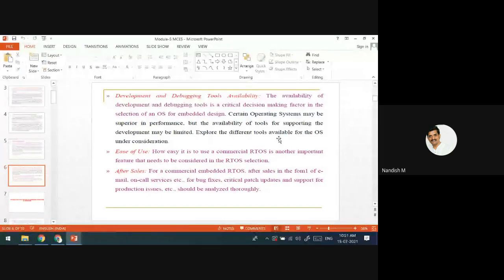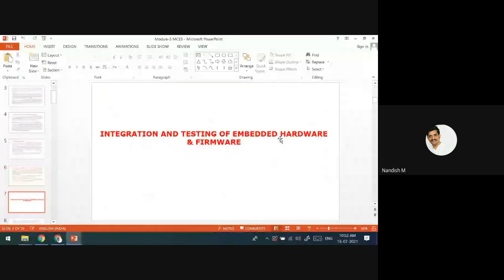Next, the development and debugging tools support, whether it is easy to use, and also maintenance support, meaning after the sale, updating patches, next version improvements, or bug fixes, whether that support is there in that operating system. All these things we have to check, and then you select any real-time operating system.